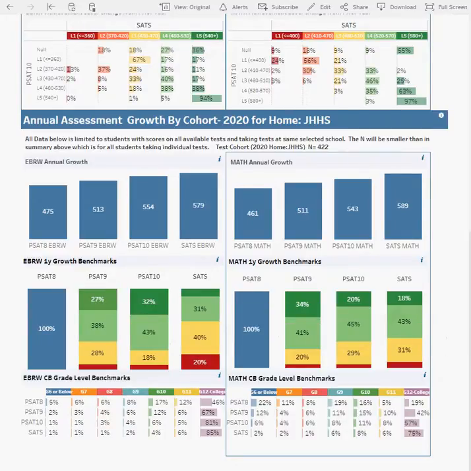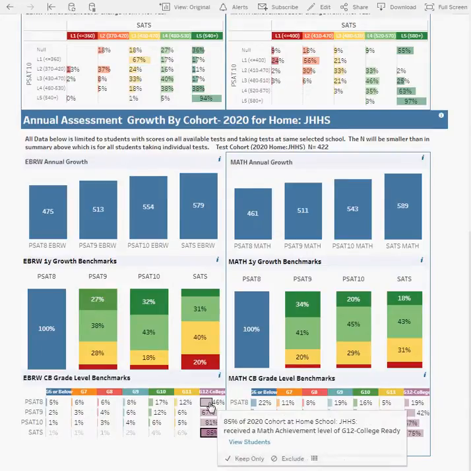This last group looks at the College Board's established grade level preparation as well as their college readiness standards, and lets you look at, for the cohort of 2020, on each assessment, what percentage of students were considered to be at which grade level. So by the time we get to the SATs for the cohort of 2020, you can see 85% of these students are college ready. Again, on any of these, I can click and I see additional information, and I can